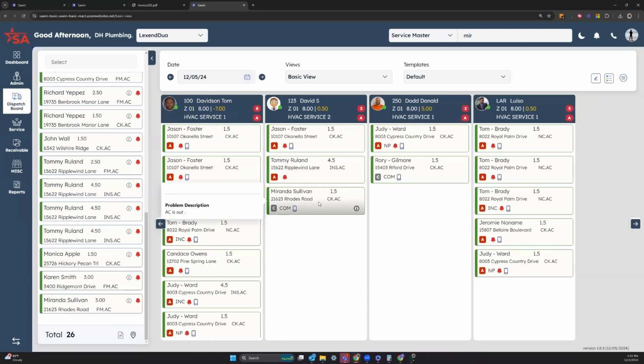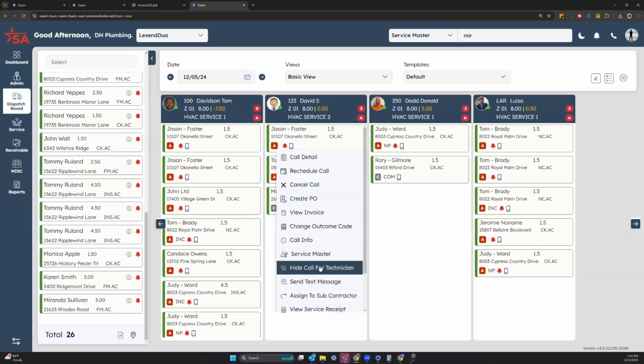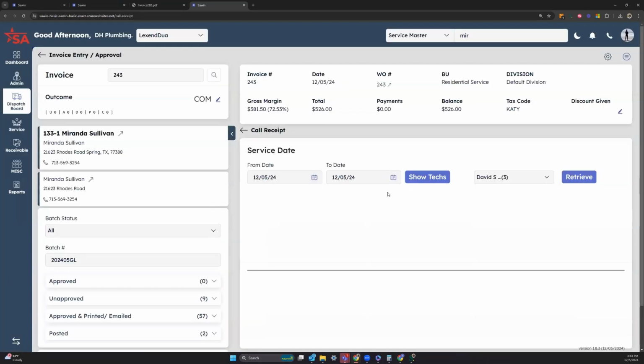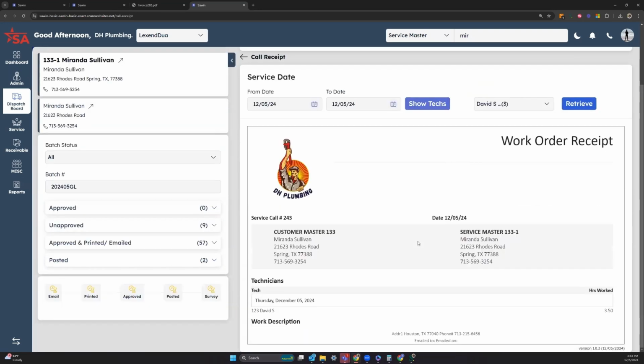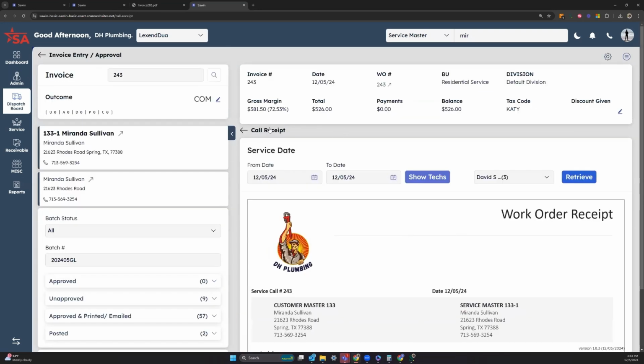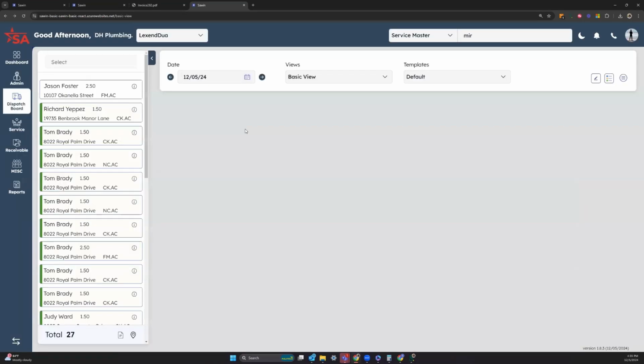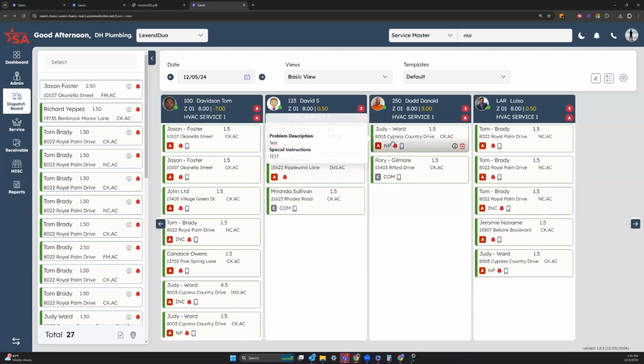We can also ensure that the customer receives a notification if it's not automatically set as a notification to send a text message out to the customer. And then we can also view the service receipt to show us exactly what that technician is going to be doing based off of the work order here. Okay. So all that's going to be available to you all, especially as we have an active and living dispatch